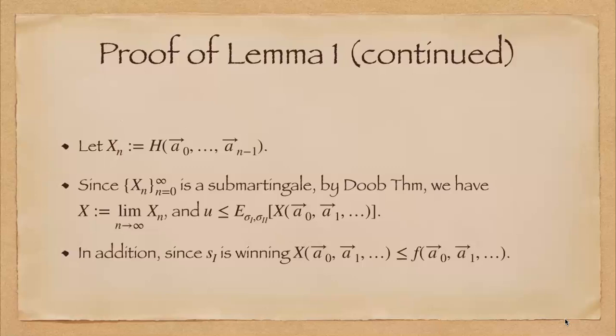And in addition, now we're going to use the fact that s1 was a winning strategy. What does it mean that s1 was a winning strategy? It means that, now we have to go back to the definition of the game. Recall the definition of the game. In this auxiliary game, we had this sequence of A0, A1, and so on, but in between there were H1, H2. So if this play x0, x1, and so on, is consistent with the auxiliary games, namely, you can find h1, h2 such that the whole thing is consistent with s1, then, since s1 is winning, we know that the lim sup